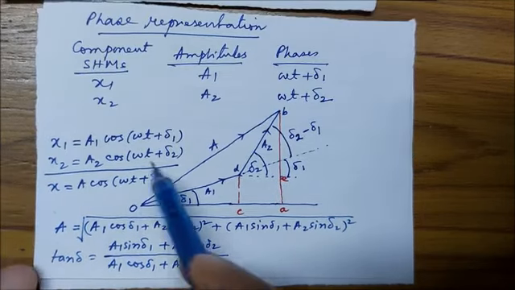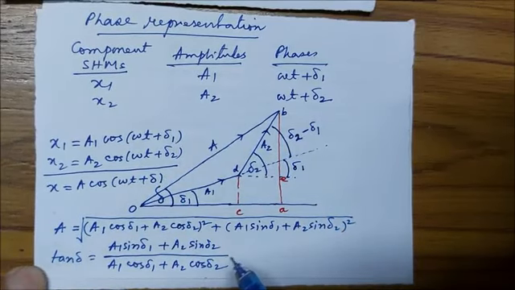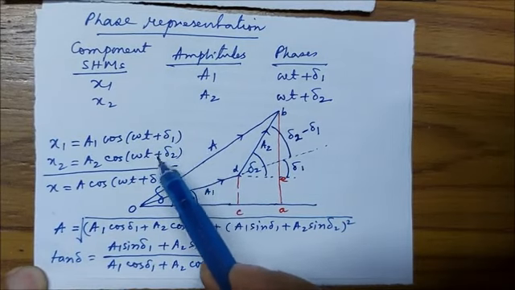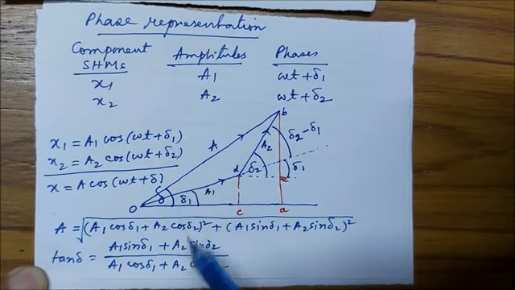It is clear from this gist that if we are given a large number of SHMs which are collinear, which have same frequency, we can add them in a similar way,